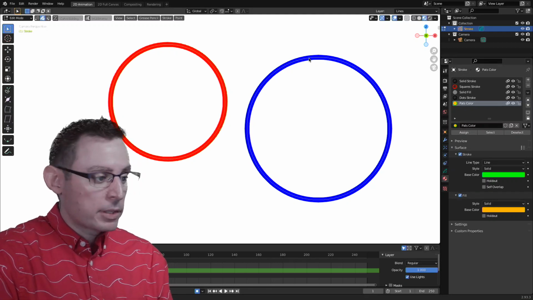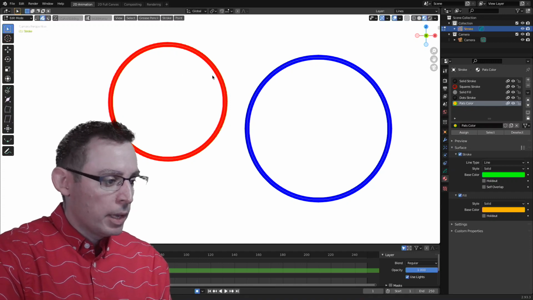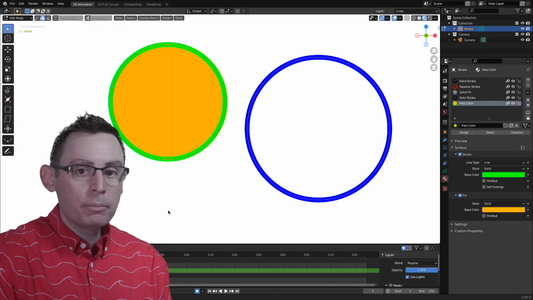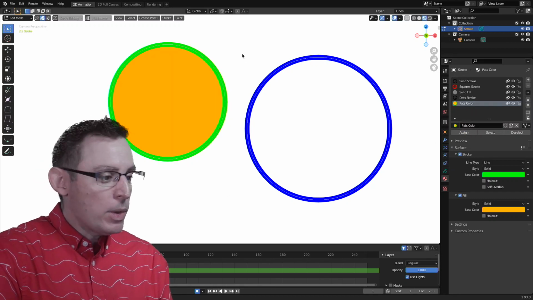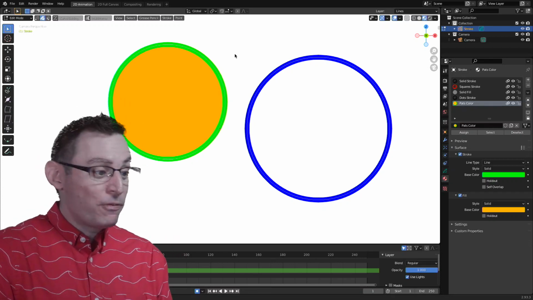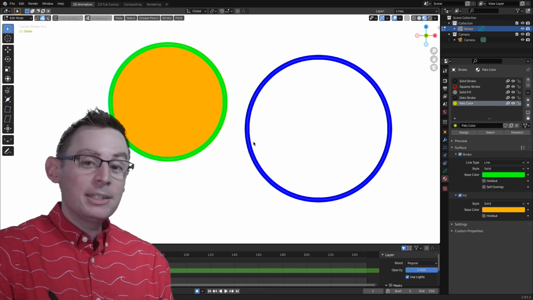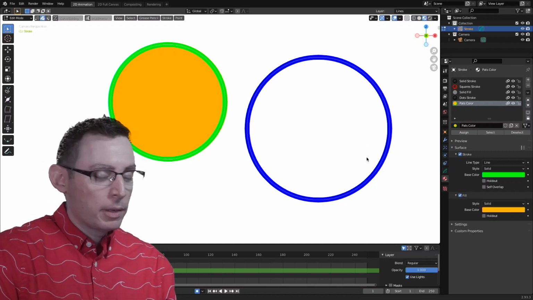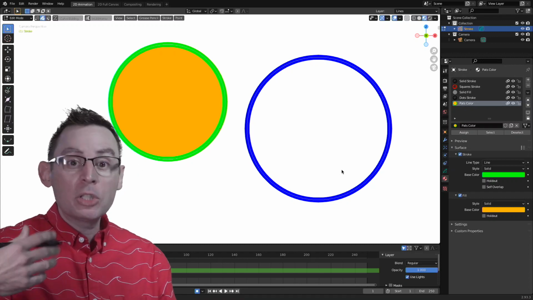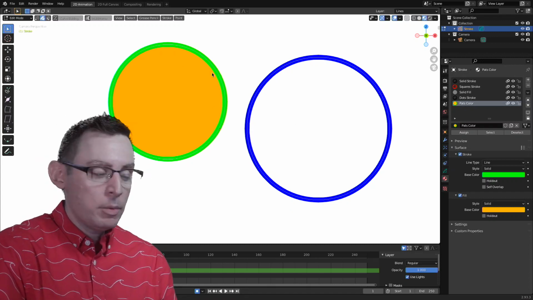Let's apply this color to the selected component. Just want to make sure that my stroke is selected and I can see that it is. And then once again, I'm just going to click this assign button. Boop. Pretty neat, huh? So now we can customize the way our strokes look after the fact, and we can create very complex material setups to give us a pretty powerful look. In addition, we can also reuse these objects or these materials over and over and over again. Let me show you what I'm talking about.